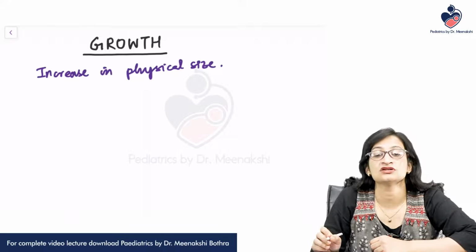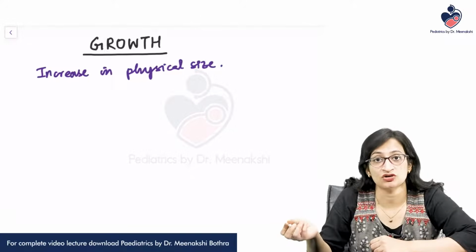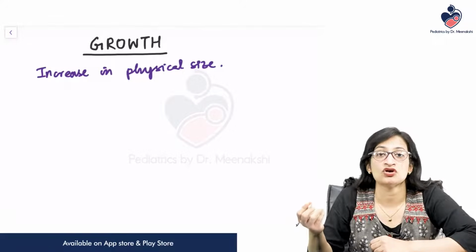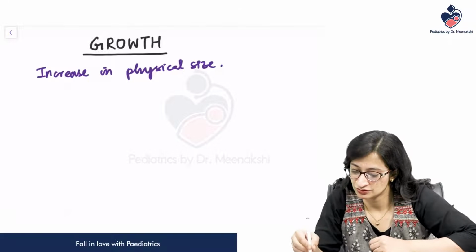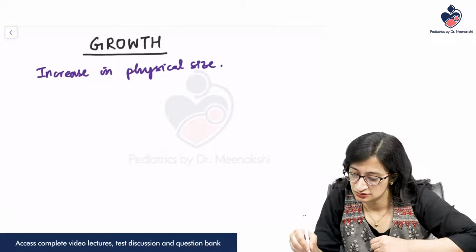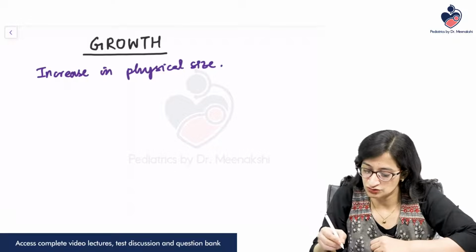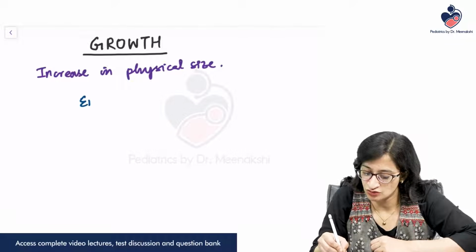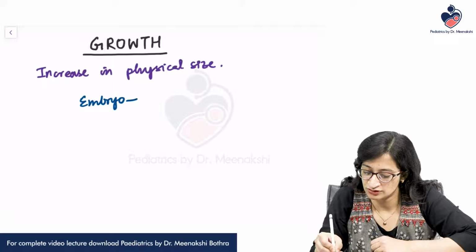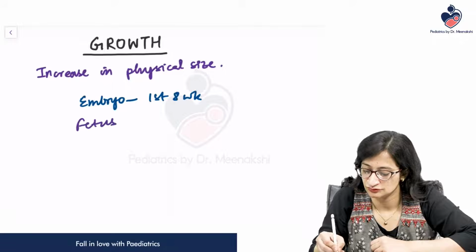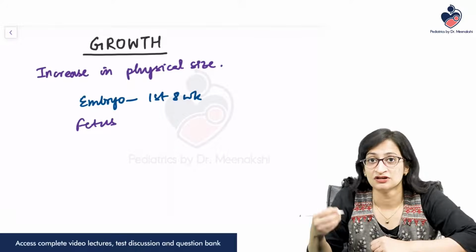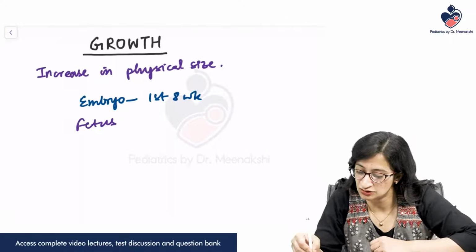So first, a zygote is formed, the product of conception. Then it is called embryo for the first 8 weeks. Okay, so let us see the terminologies that we use. So first the zygote is formed, then it is the embryo in the first 8 weeks. Then we call it the fetus, in rest of the intrauterine life. Then the baby is born, that is the neonate.